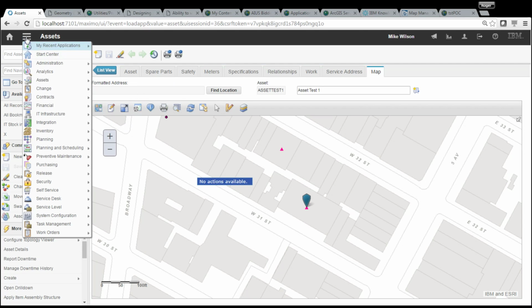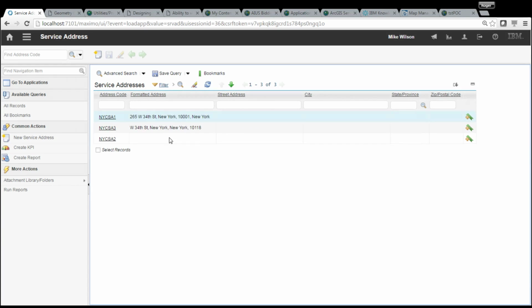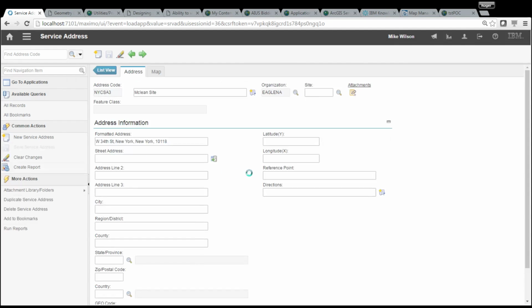So when we go to the service address, let's bring up one I created earlier. And you can see the address is over there. The only thing on the service address is just the address code and the formatted address. That's all you see. And of course, the organization is defaulted. So when I go to the map,